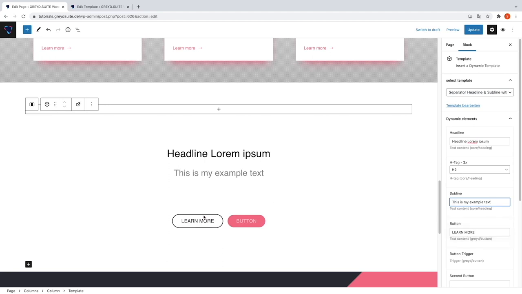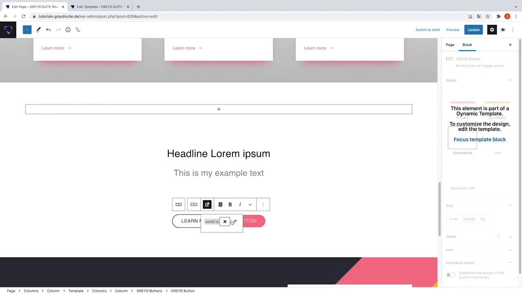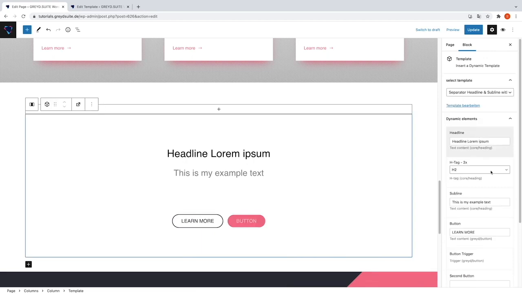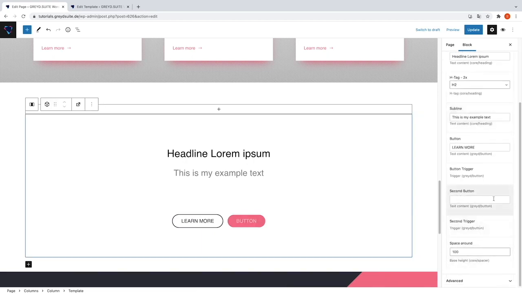Here we will keep the placeholder and just change the link. And I won't fill the optional button as I don't want to display it in the front end. So with dynamic templates, an editor won't ever have to worry again about layout options or topics such as responsive design. He or she doesn't even need to have WordPress skills, as he or she only has to fill the prepared fields.